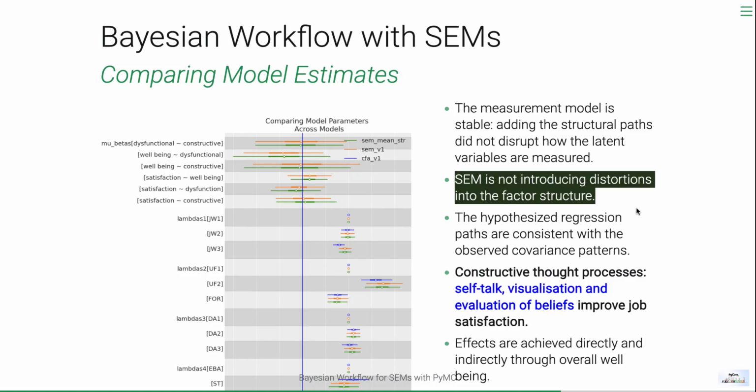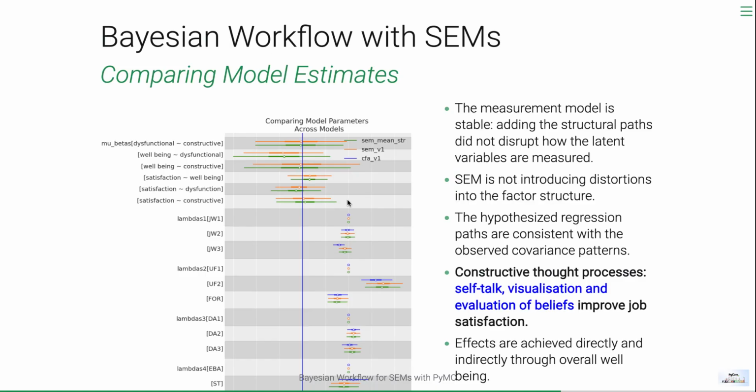For the last 2 models we fit, we estimated the weights of well-being and satisfaction, dysfunctional thought processes and satisfaction, and so on. And we can compare these 2 models on those measures. The broad thing to highlight here, without going too deep into the individual values, is that it's a consistent pattern across both models. So constructive thought processes do have a positive effect on job satisfaction for both models. It's not huge, but they do have it. Far and away, the biggest predictor of job satisfaction is your individual well-being, which should not really be a surprise to anyone. As long as you're getting a paycheck, you're generally going to be happy.